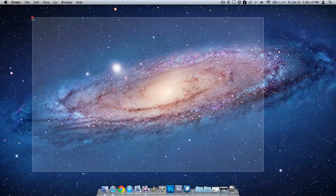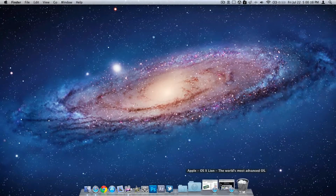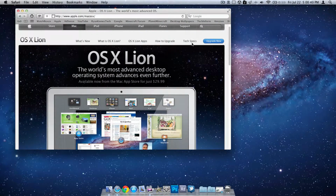Now, with Lion, it uses much more RAM than Snow Leopard did by far, and we all thought Snow Leopard used a whole bunch of RAM. So it really all depends on what you do. If you're the kind of person who does basic video editing with iMovie, then Lion should run fine on your regular MacBook. Now, taking a look at the system requirements on Apple's website here,